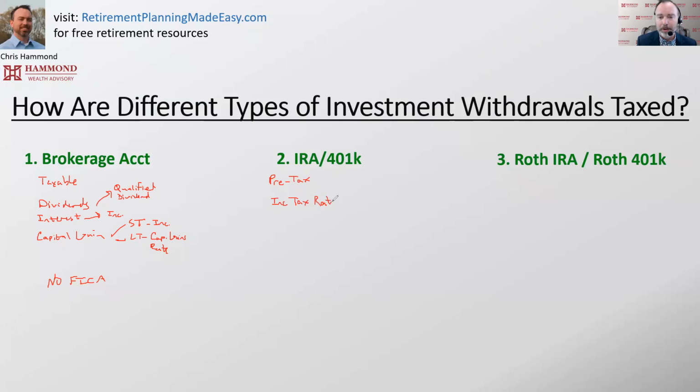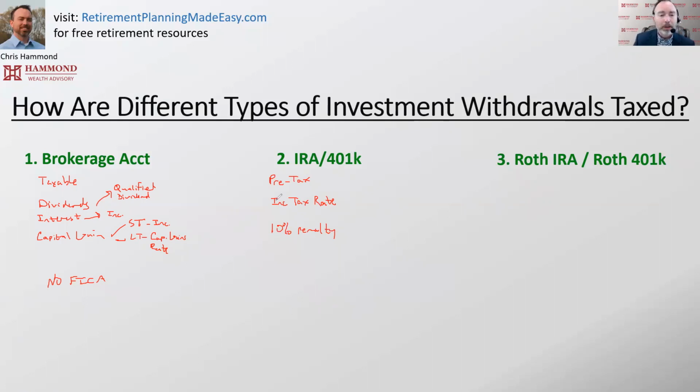That's where you think about marginal tax brackets and all that kind of stuff, wherever you fall in that. If you pull them out without an exception before age 59 and a half, you may in addition pay a 10% penalty on that. But if you wait until after 59 and a half and you follow the rules, you shouldn't have to worry about that. So you can see that anything that comes out of the IRA and 401k accounts is taxed at the regular income tax rate, which is whatever marginal tax bracket you're in or whatever it pushes you into. It may push you into a higher marginal tax bracket.